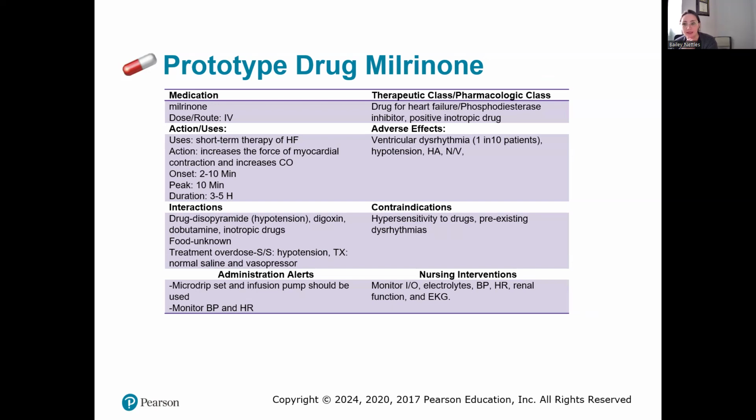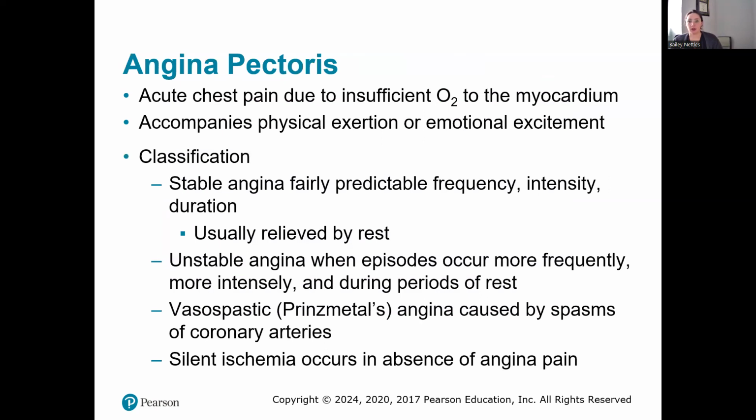Okay. It's got a very narrow titration if you have to titrate the drug. So definitely want to monitor that heart rate and blood pressure and the EKG. Okay. All right. So now we're in the